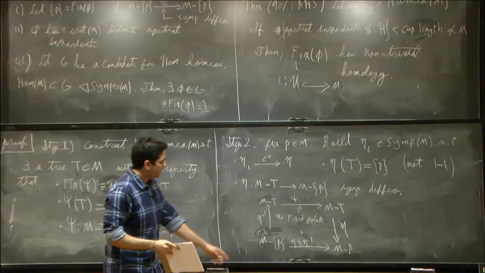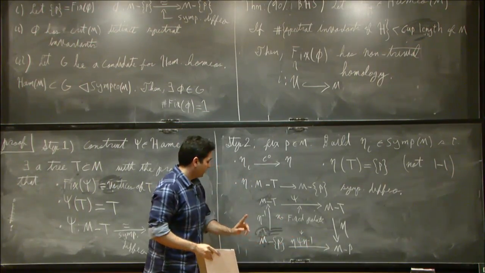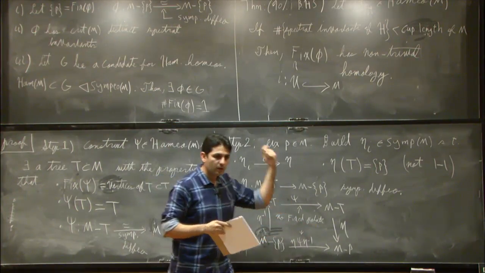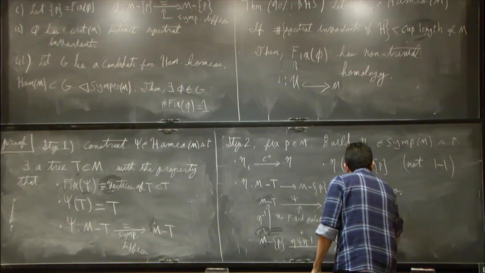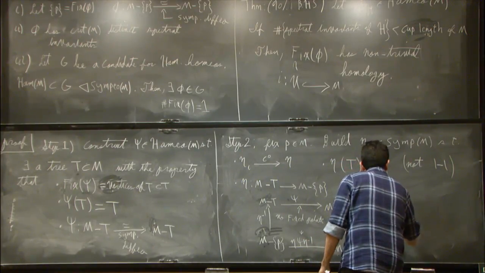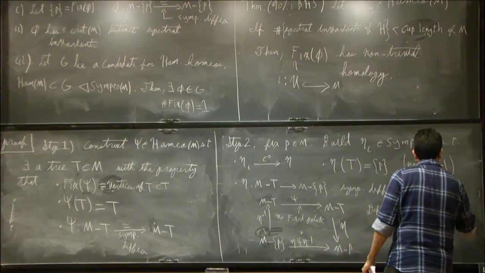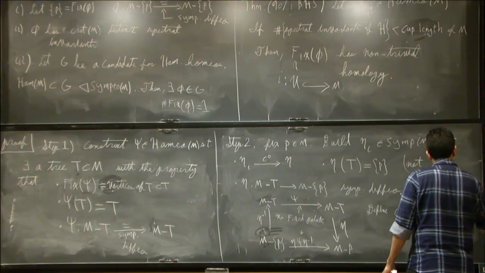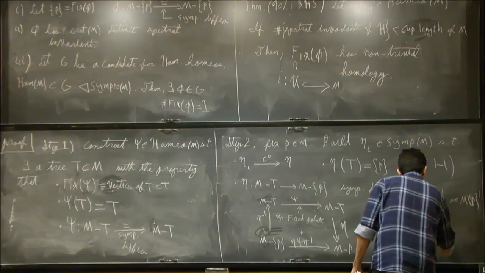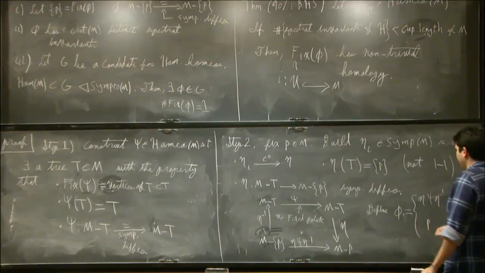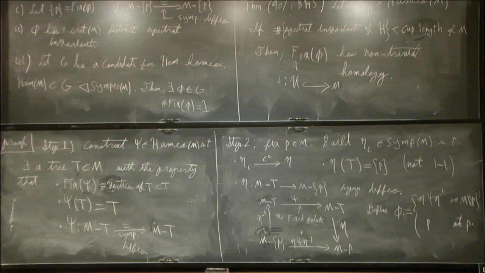Okay, so now I've constructed a map eta psi eta inverse, which is fixed point free on the complement of the point P. So I'll extend it to the point P by just saying it's, define phi. My counterexample will be defined in this way. It's eta psi eta inverse on the complement of the point P, so here it has no fixed points, and at P it is P. Okay, so there you go. You get a map with just one fixed point.